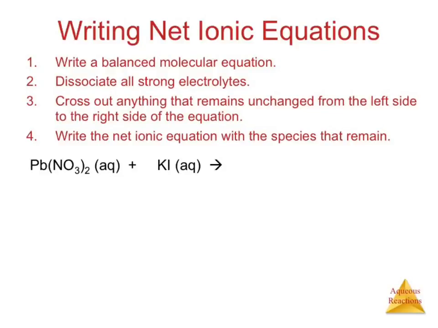So when we're going through our double replacement reactions, we want to identify the cation and the anion in each species and just exchange those. Okay? So in our first one, our cation happens to be lead, and our anion is